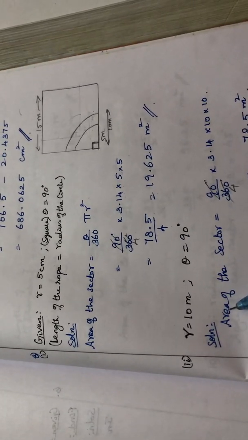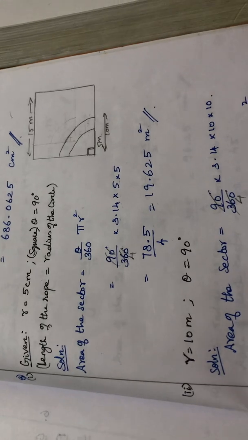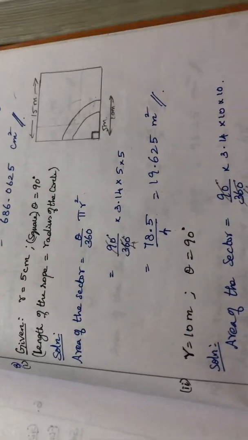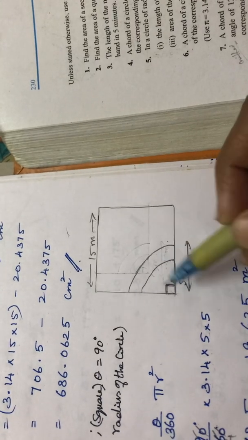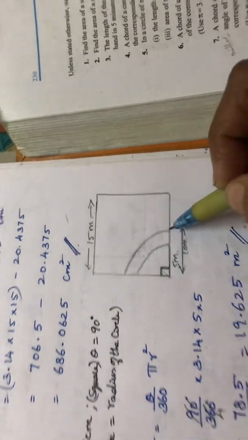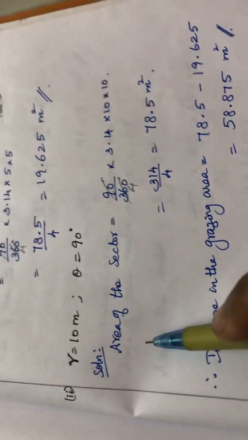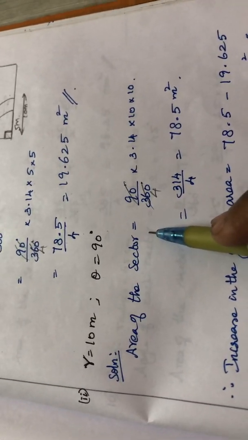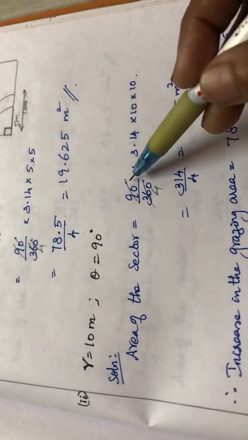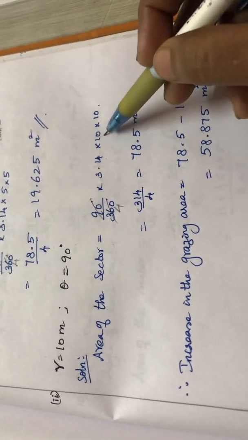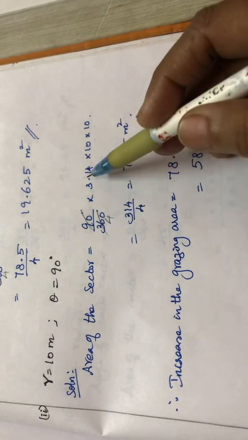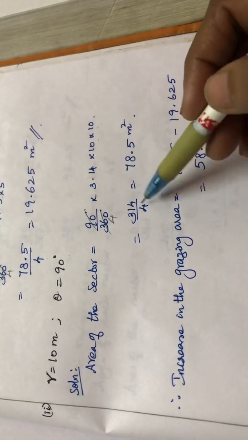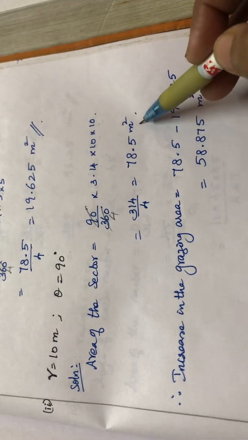Second case, it is given the radius is 10 meter. Radius has changed from 5 meter to 10 meter. So for the second subdivision, radius is 10 meter. Again, this is the square only. The region that started from here to 5, I have taken here for 10. So here radius is 10 meter, theta is 90 degree. So area of the sector is the same formula, theta by 360 into pi r square. So 90 by 360 into 3.14 into radius for the second subdivision is 10, so 10 into 10. When I am cancelling, 4 times, just multiply this, you will get 314 by 4. Answer is 78.5 meters square.